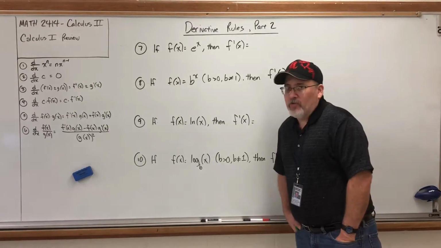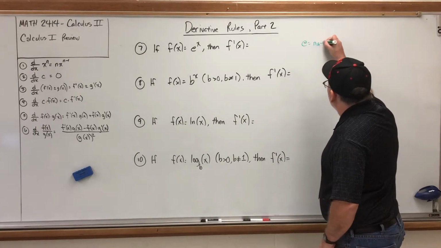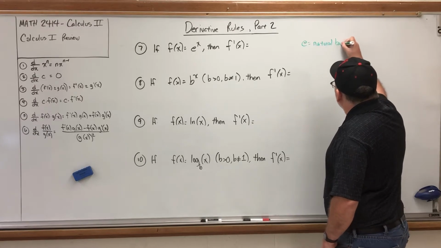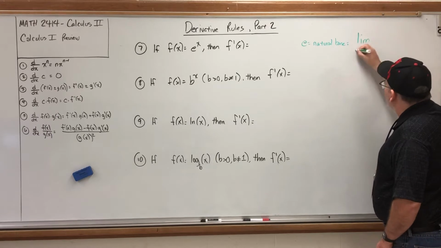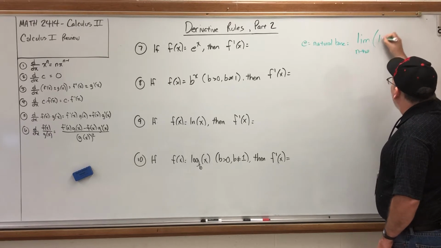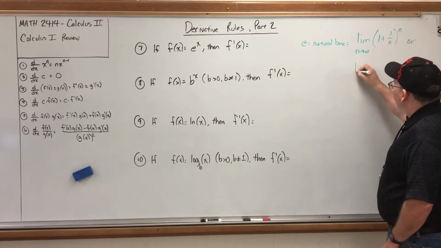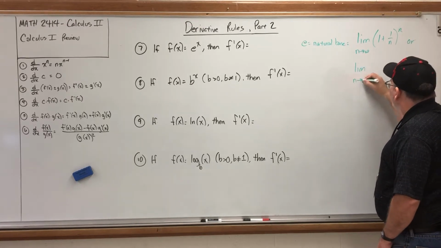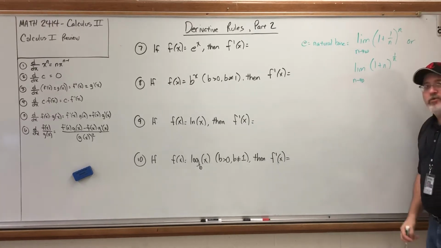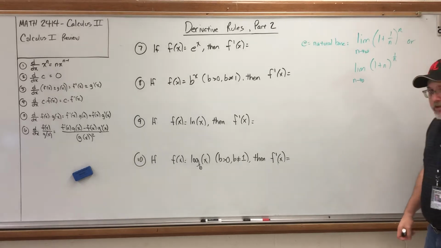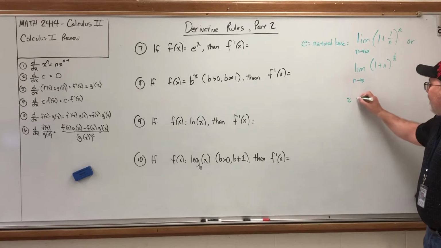Really easy derivative rule, but I just want to remind you what e is. e is called the natural base, but it's actually the limit of something. It's the limit as n approaches infinity of 1 plus 1 over n to the n power. Or you could say the limit as n approaches 0 of 1 plus n to the 1 over n power. These are equivalent. I'm not going to bother proving that they're equivalent, but both of them give you the same value. If you wanted to estimate it, it's about